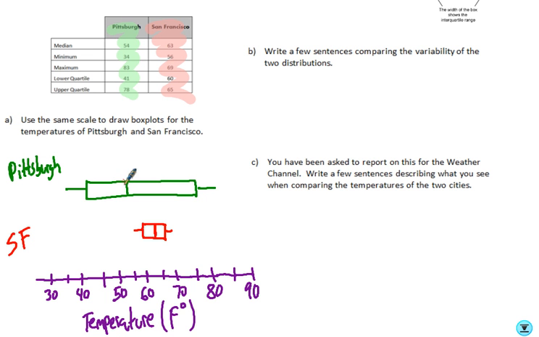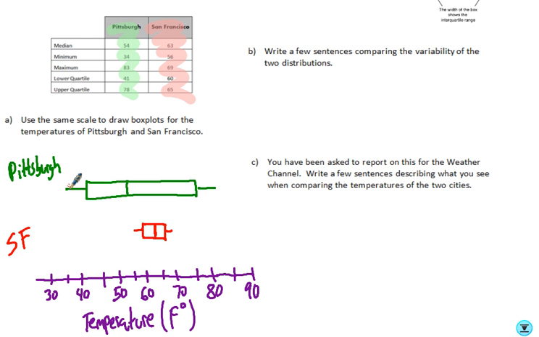So in the winter it can be really, really cold. Maybe in the summer it can be pretty hot. What you notice about San Francisco is the box is much more compact. It's not as stretched out. So what that suggests is the weather there is more consistent. And we know that living in California, for instance, except for some Santa Ana winds every once in a while, for the most part our temperatures don't get really that hot and our temperatures don't really get that cold. So we have more consistent weather in California, whereas people that live in other parts of the country, let's say on the East Coast, again, summer might be really hot, winter might be really cold, so there's much more variability